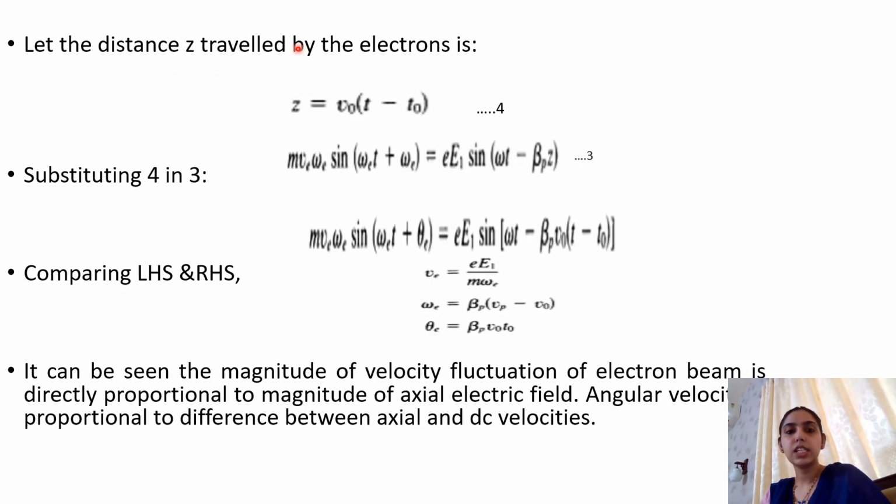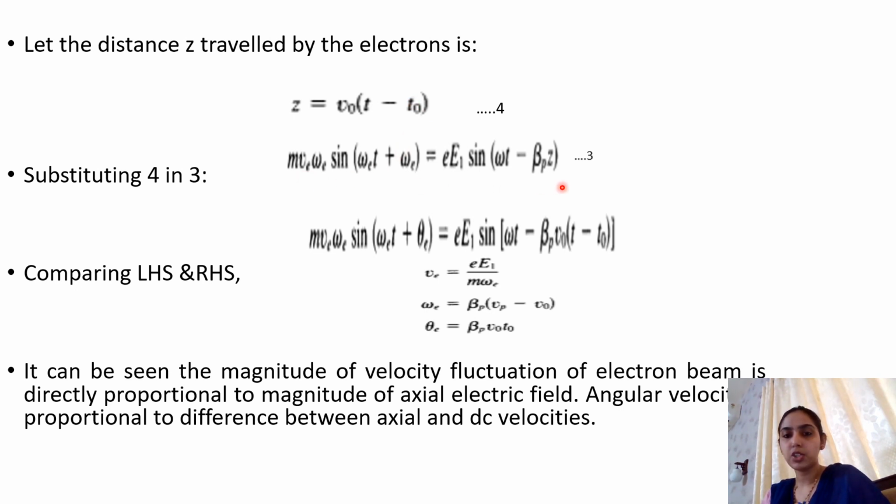Now, the distance traveled by the electron. We are assuming the direction of propagation to be in the positive Z. So distance, we know, could be expressed as velocity into time. So the distance traveled by the electron is now expressed as z = v0(t − t0). Now the velocity v of the velocity modulated electron beam could be approximated to that of the DC velocity of the electron for interaction to take place. So instead of v, we can write small v0, and the time is taken as the total time t minus the initial time t0.